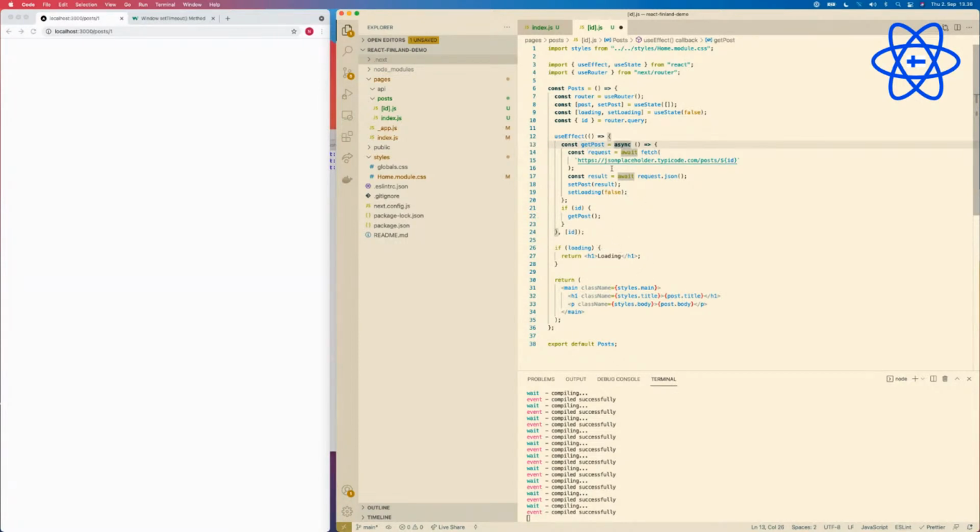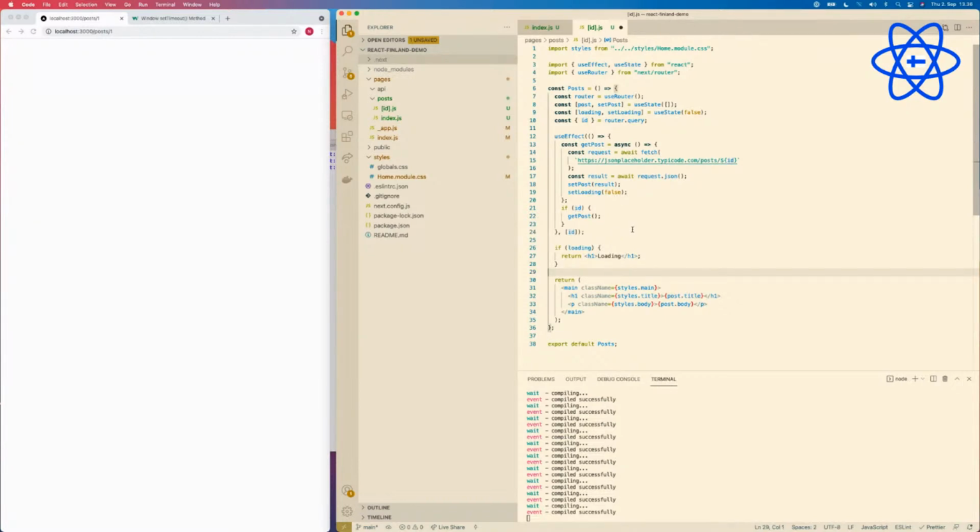And we have a useEffect here that has a function that fetches from the API response some post with its ID, and then basically sets loading to false, and that's it, right? We have a dependency on ID. That's quite a classic way of using, for example, a React application.